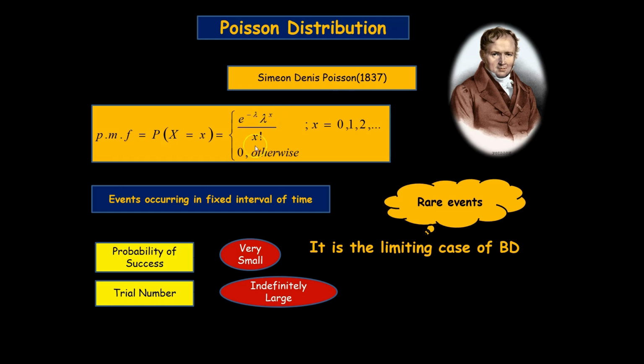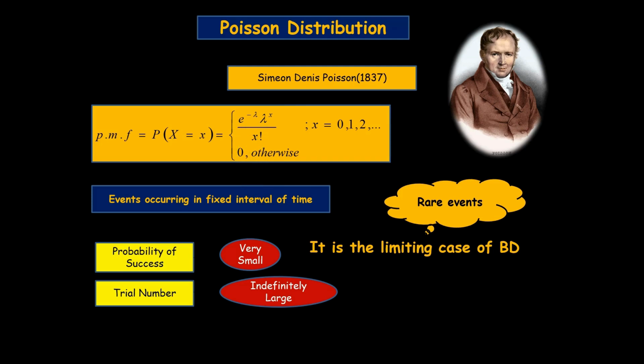This lambda is always equal to n times p, where n is the number of trials and p the probability of success, and this lambda is a parameter, and the pmf is always in this form, and this whole term is known as Stirling's approximation,